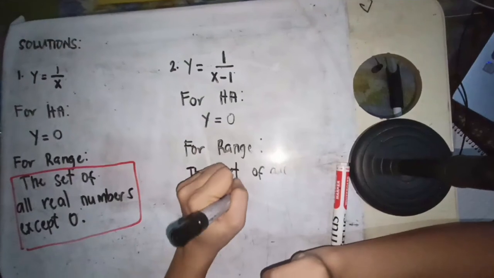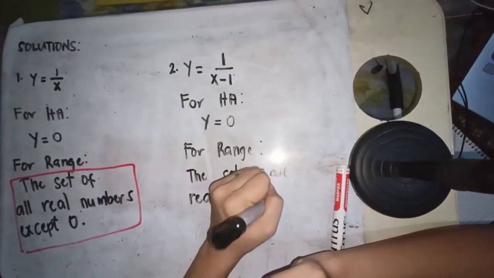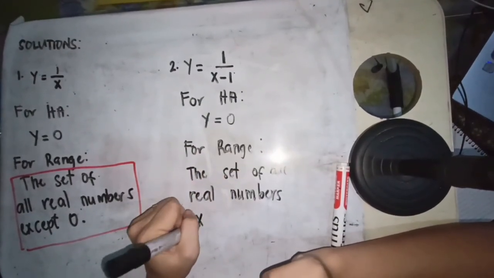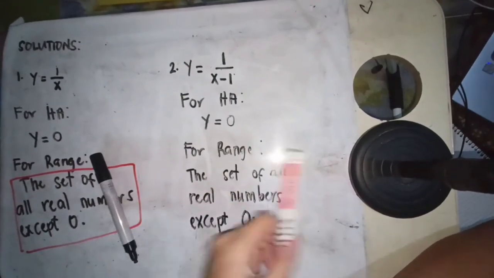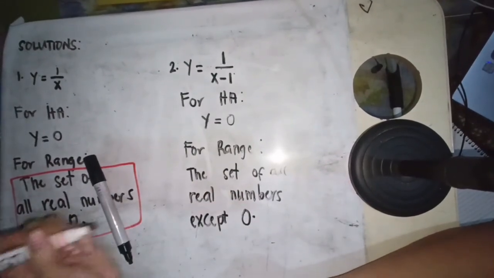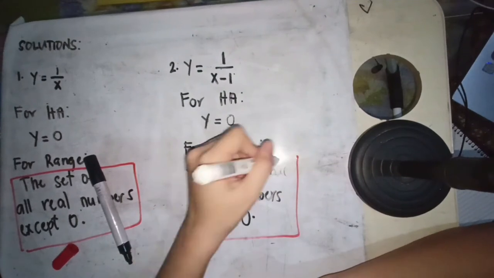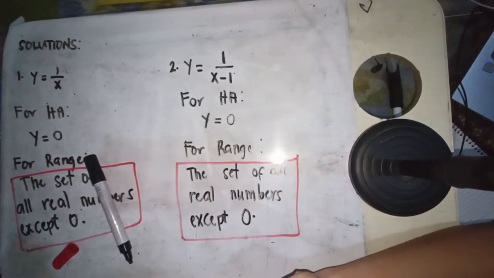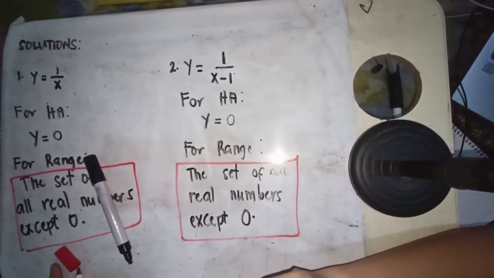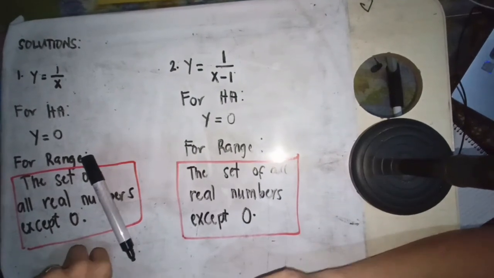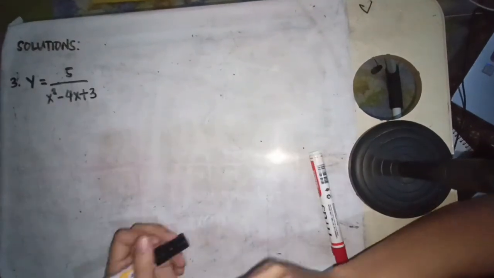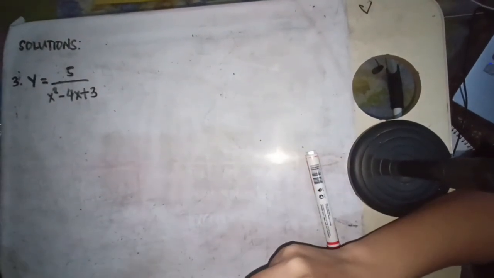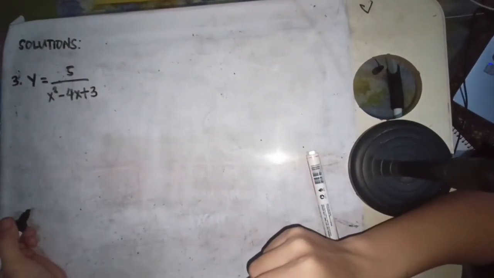So the range is the set of all real numbers except our horizontal asymptote, which is 0. That is the range for our given in number 2. So the range of the function y equals 1 over x minus 1 is the set of all real numbers except 0. Okay? For our number 3 given, we have y equals 5 over x squared